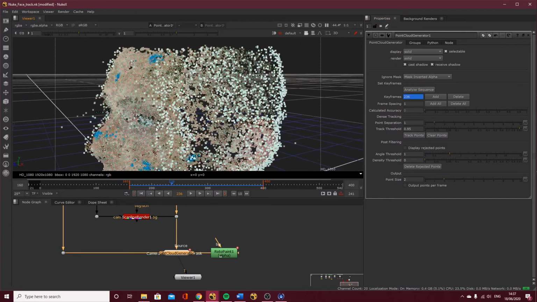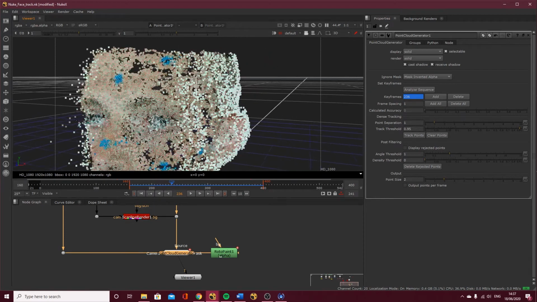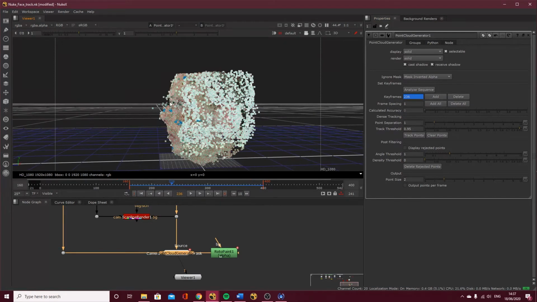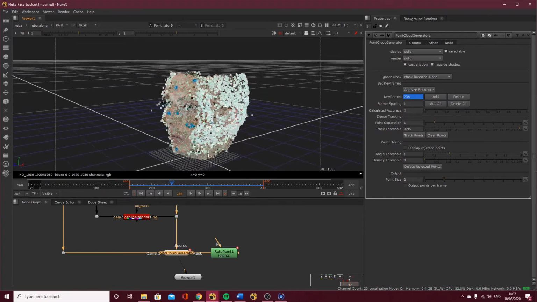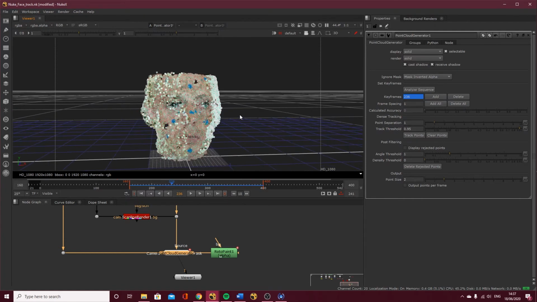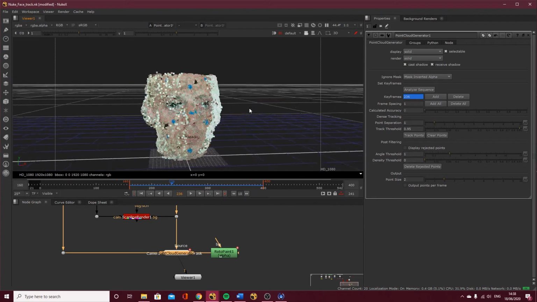You can see that for the most part it's working. I did have some red points in here as well. If you've got red points in here, what you can do is just click delete rejected points, because they've been rejected. If we have a look, we've got a clear forehead and a nose and a mouth. We have got these extra points sticking out, which is fine. We'll get rid of them because we want a smooth surface as best as possible. You'll also notice we've got some white pixels here, and I'll explain why we've got them.